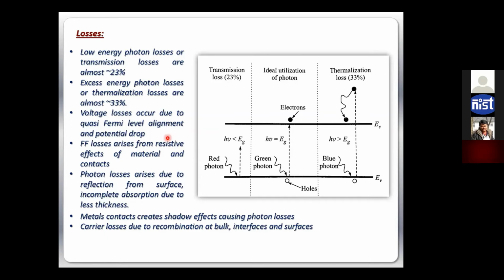But fortunately, for those losses we can do many tricks, right? Either we can use transparent conducting electrodes, so that the electrode shadow effect does not come. Then we can incline the solar panels at such an angle that the shadow effect does not come. We can use anti-reflection coating so that the surface reflection gets reduced. So those tricks I can do. But fundamental losses, 56% of fundamental losses, to tackle that is very, very crucial, because 56% is a huge number, right? Even if we can take out half of them, the theoretical efficiency limit of the solar cell can go beyond 50%, and that will solve every problem of this current human civilization, at least from the energy point of view, right?